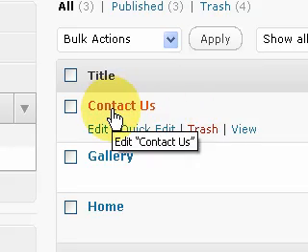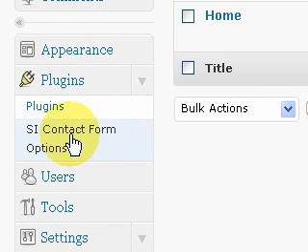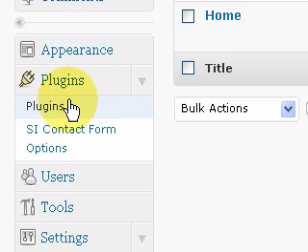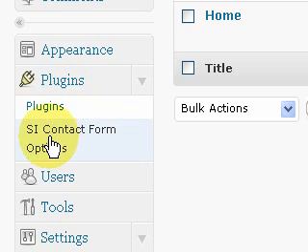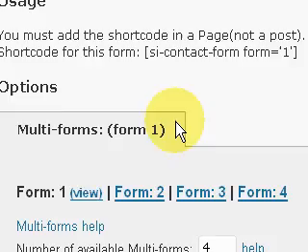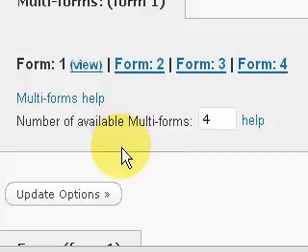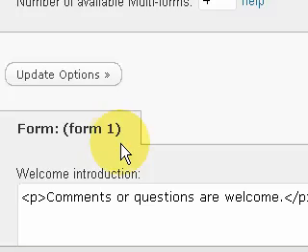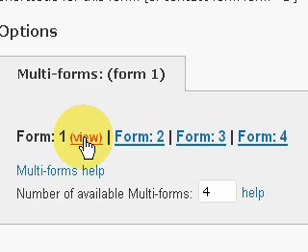Right, now what we need to do is to configure the contact form plugin ready to get the form ready to go onto the page. So when you activated the plugin for the SI contact form, you'll see the options menu button underneath plugins. You just click on the options menu and up comes the options screen. It's quite a long screen, there's quite a fair bit on it, but the first thing we want to do is have a look to view the default contact form to see what fields are on that contact form. If you click on view,